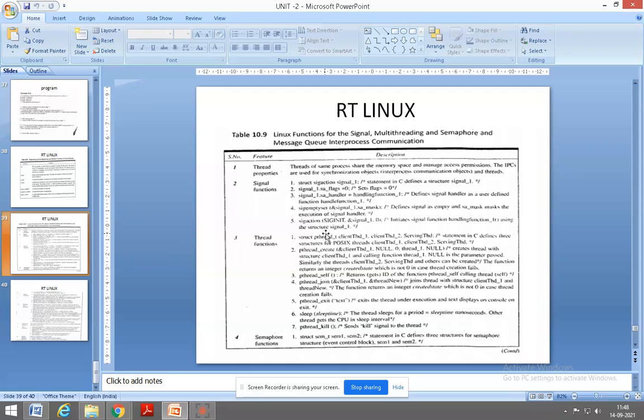So here, a few signal functions are given. This sigaction, which will be defining the structure signal. Okay, and then signal handler, which will be handling the function, and then sigemptyset, okay, which will be defining the signal as empty,